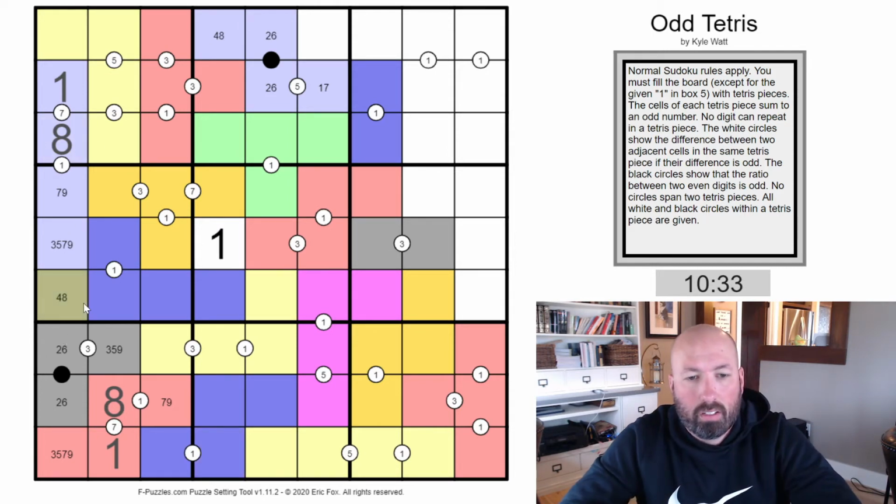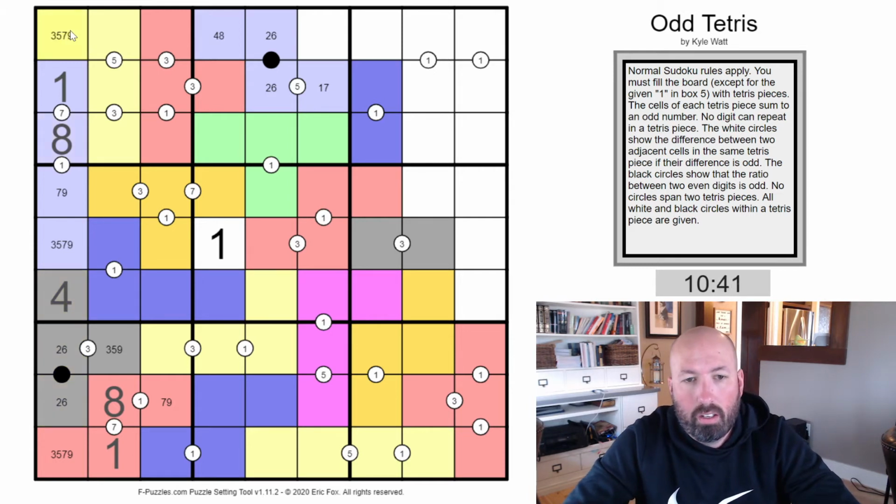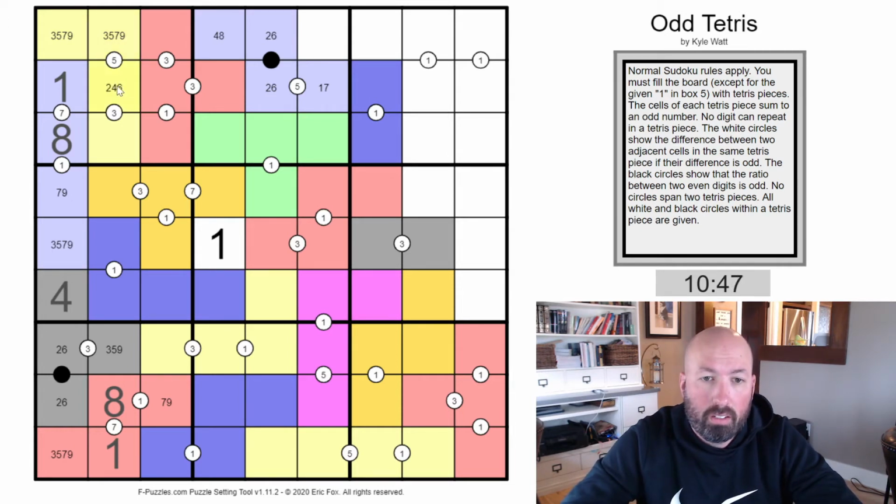Now 8 gives us the 4 down here. Now we've got all 4 of our even digits in the column, so this is an odd, which means this is an odd, which makes this an even, but it also has to be a difference of 5. It can't be an 8 because of this one. So this can't be 3 because there'd have to be an 8. This can't be 5. So it's 7 and 2 or 9 and 4,